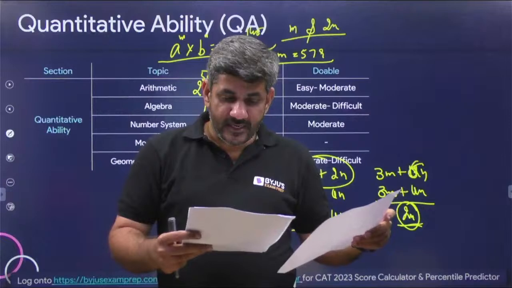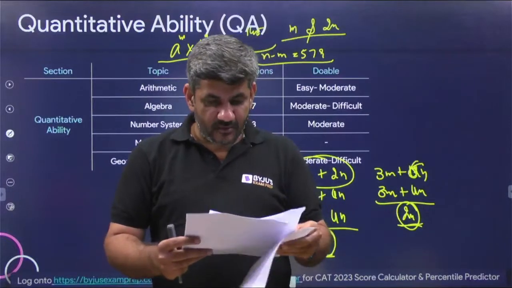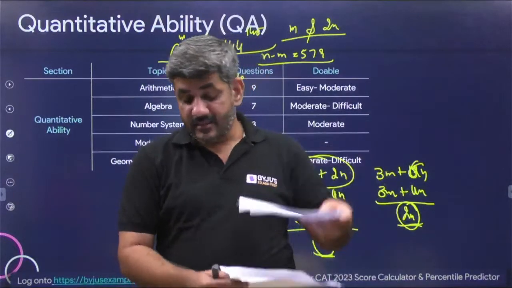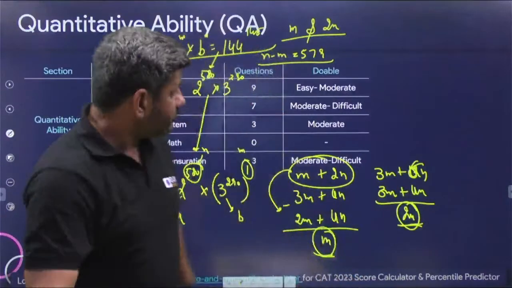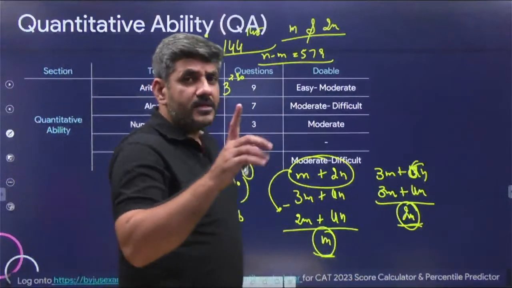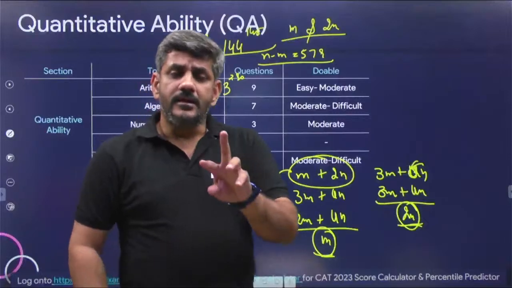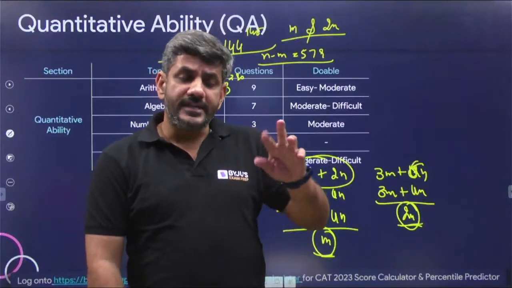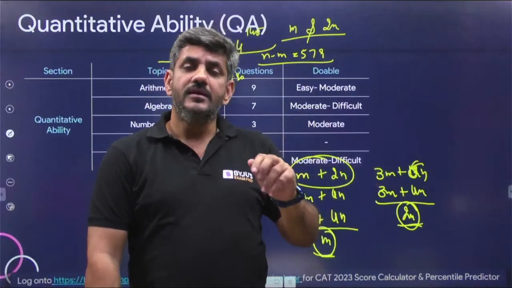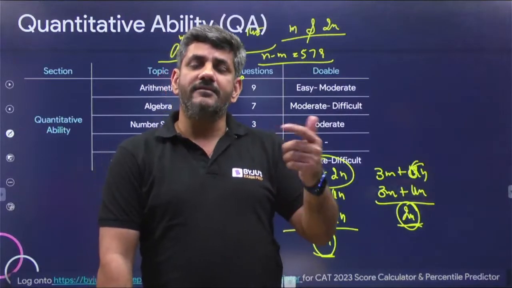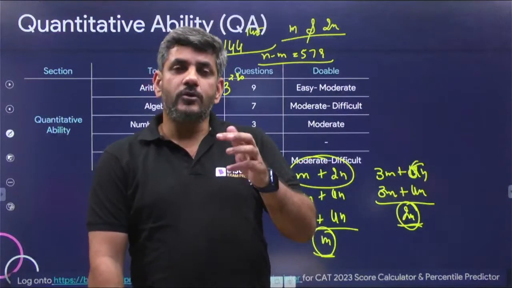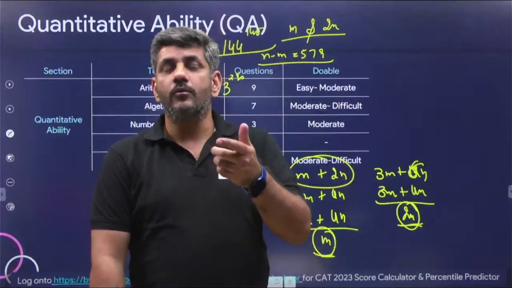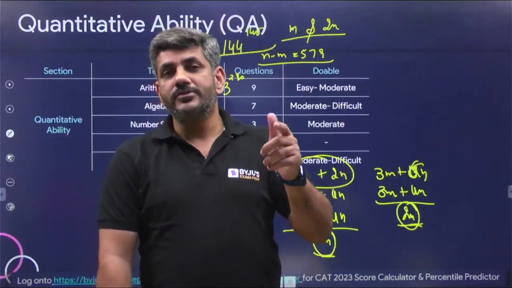Apart from that, is there any other question that you guys remember now? I don't have anything else. Yes, so these questions were written here, but as far as I remember, there was a question of AP series. There are 2 AP series: 13 plus 6 times of n minus 1, and the other one was 15 plus 7 times of n minus 1. And the question was asking what is the largest possible common term?